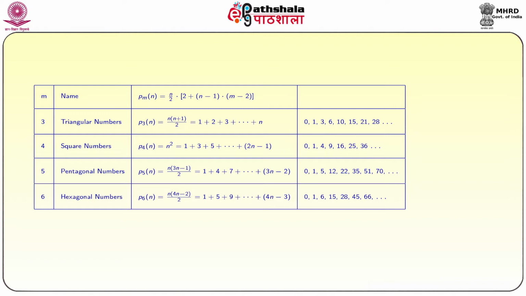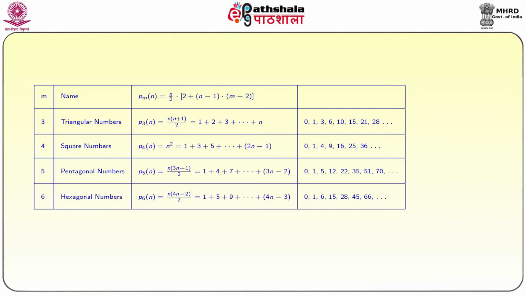Now, I hope you realize that these numbers are also square numbers. We can extend this further. For example, if you take pentagonal numbers, then that is 1 + 4 + 7 + and so on up to 3n - 2. Again 1, 4, 7 is an arithmetic progression with common difference 3. Their sum, we can show, is equal to n(3n-1)/2. So the pentagonal numbers are 0, 1, 5, 12 and so on. Here 0 is common everywhere, because if I substitute 0 we will always get 0, since all these numbers are multiples of n.